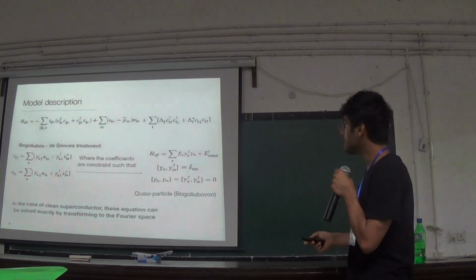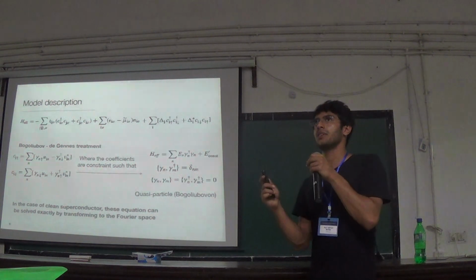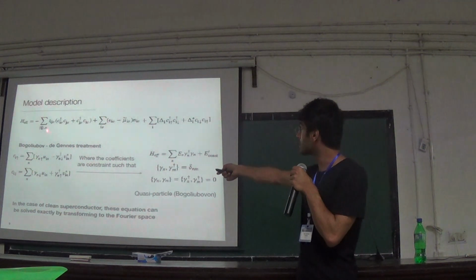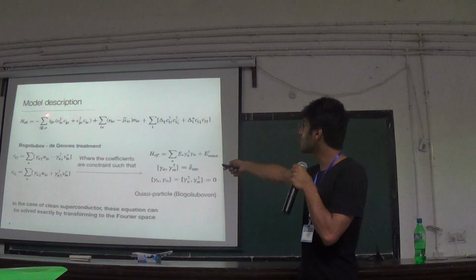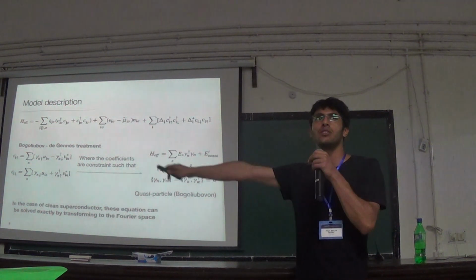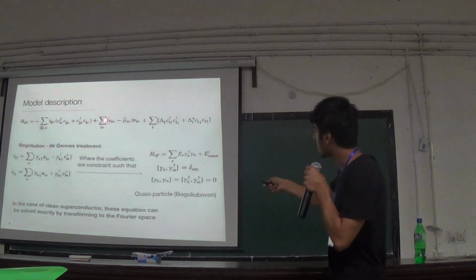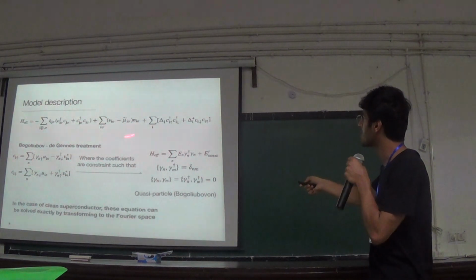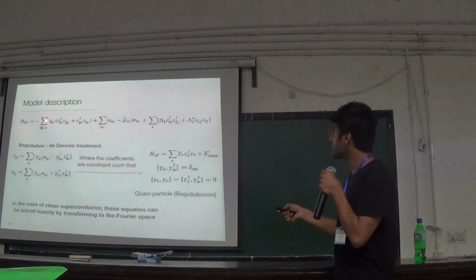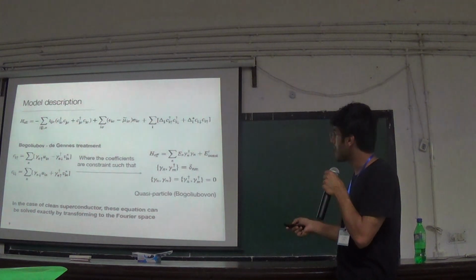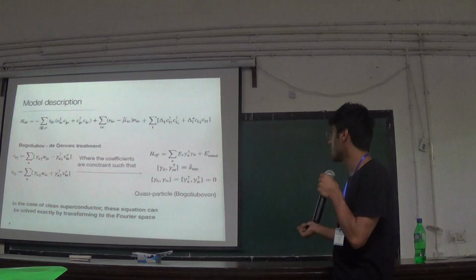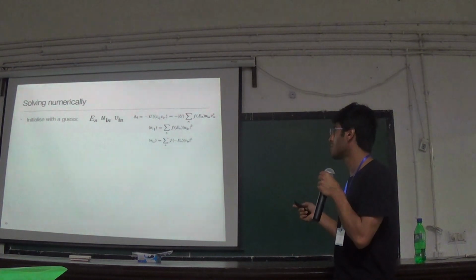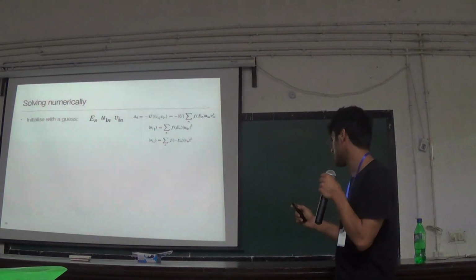So notice now, in the clean superconductor, my whole talk is about the disorder in the system, right? So they are called the dirty superconductors. If we think about this as a clean superconductor, where your T's, the hopping potential or hopping rates, don't really depend on the lattice site, they're universally defined. And same for the energy due to this thing, or the effective chemical potential. So if they won't really depend on i's and j's, you can take it out of the sum, and then this can be solved exactly by going to Fourier space. But since we have disorder now in the system, we can't really go to Fourier space. We have to solve it numerically.